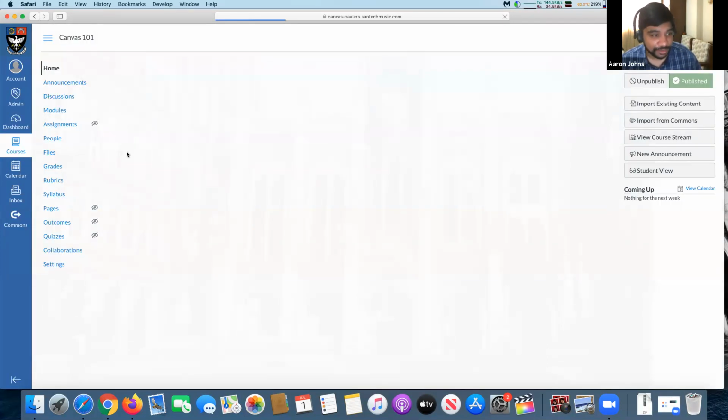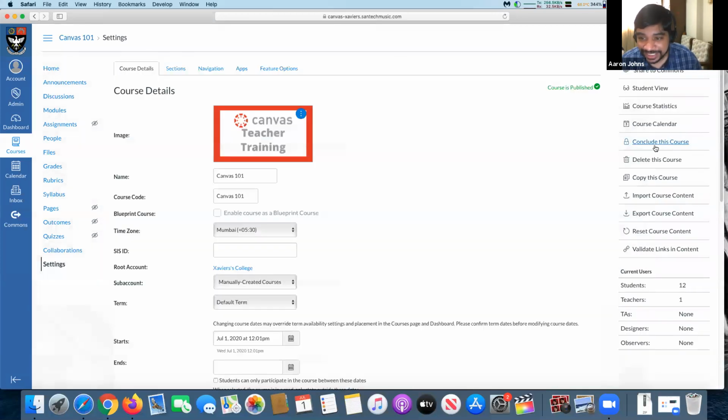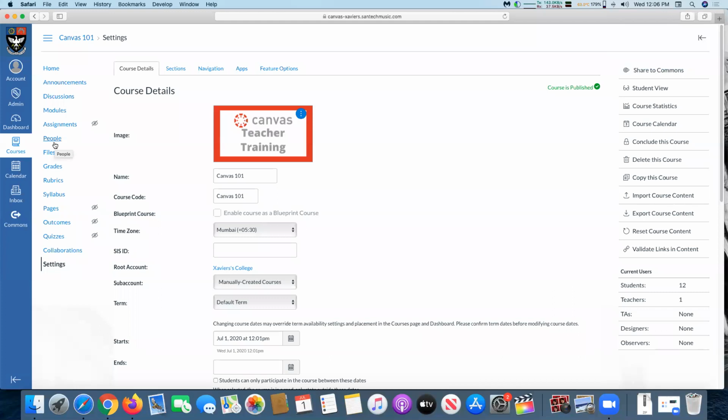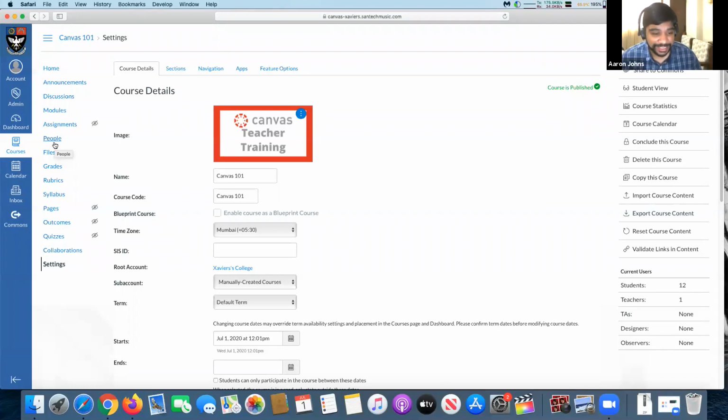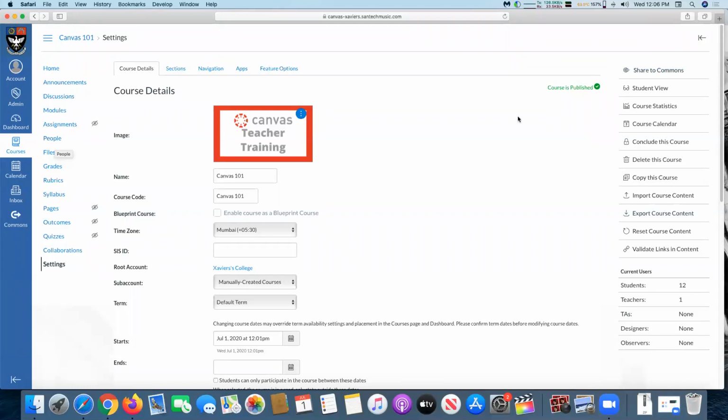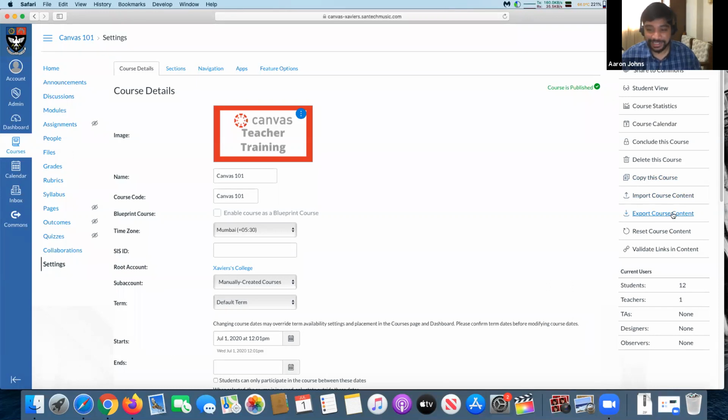Whenever you conclude a course, there's a button called conclude, as you can see. She has to conclude the course and then you can do this. Or if you want, the admin has the right to control every course technically. When you have centralized control, the admin can override the control of the teacher, because as an institutional part, suppose the teacher is misusing it or whatever, an admin can take over the course and take full charge of it. So you have that control. You can get the course content from the teacher directly, and you can even export her content out. So there's no problem, you won't lose the content.